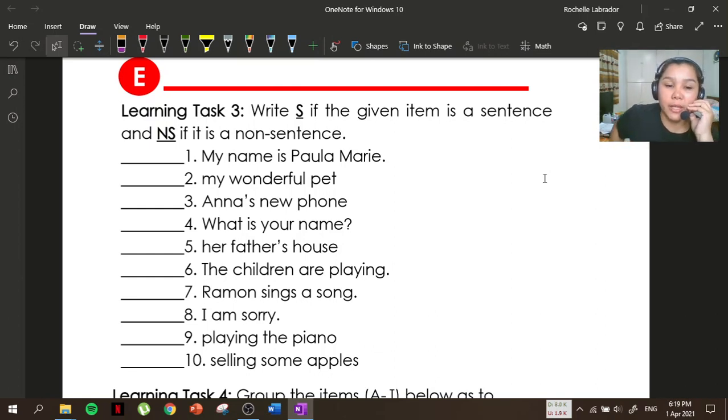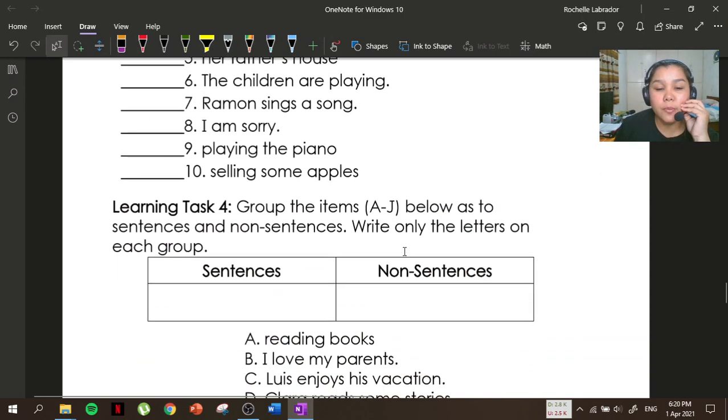And then number 7, Ramon sings a song. Number 8, I am sorry. Number 9, playing the piano. And then number 10, selling some apples. If you're done until number 10, kung lahat ba yan may answer, so let's proceed with learning